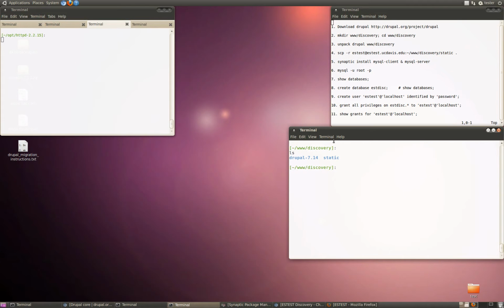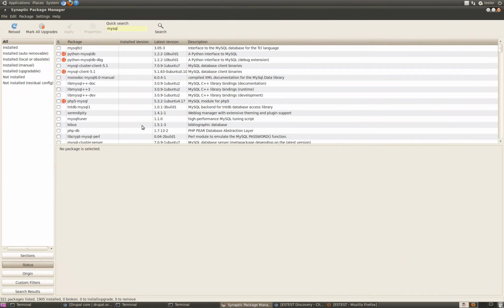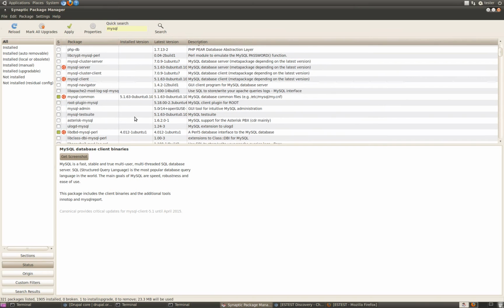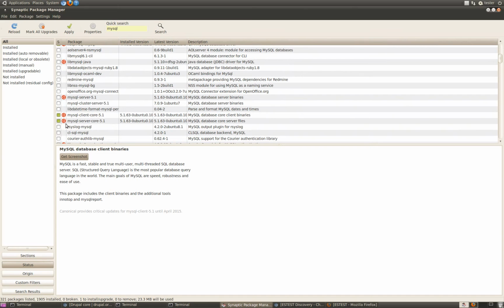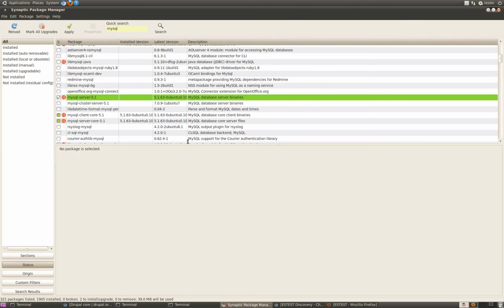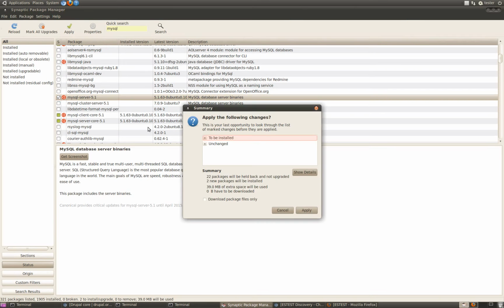So next, we would configure MySQL to basically initialize the database and the user that we're going to use with this Drupal installation, but I won't assume that you have MySQL installed on the local host. So I'll just show you very quickly how to install a default MySQL server using Synaptic. It's very simple. All the packages you need is the client package here, and also the server package, which, if I can find it, it's here. So you just take those two and then you apply those changes,